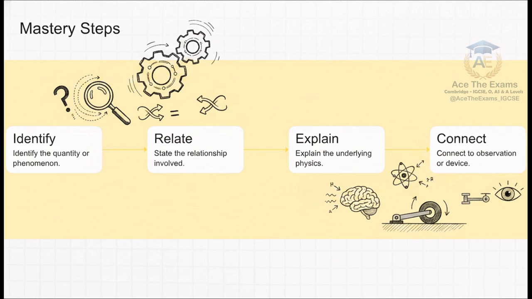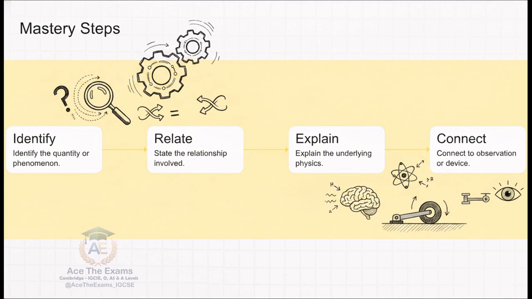State the relationship involved. That's your evidence or rule. You state clearly that friction is a force that opposes motion. Step 3. Explain the underlying physics. That's your explanation. You talk about the microscopic surfaces of the tires physically interlocking and gripping the asphalt, converting kinetic